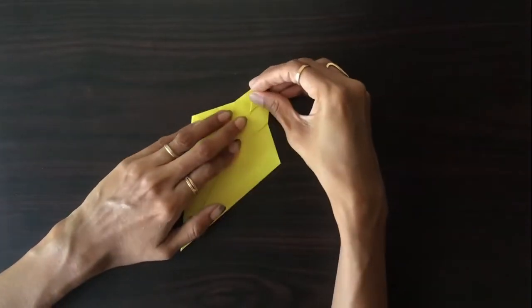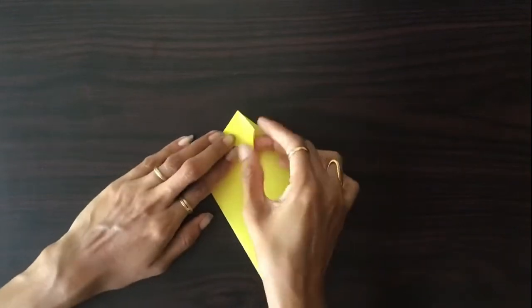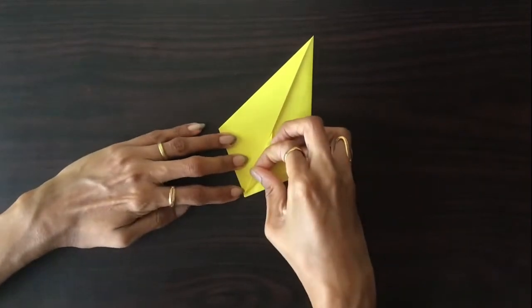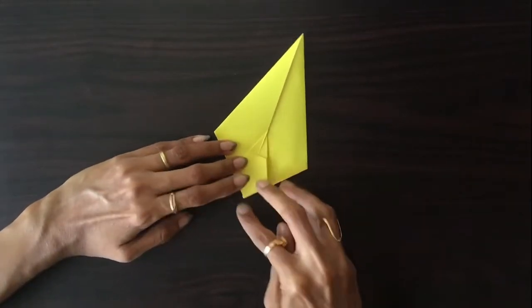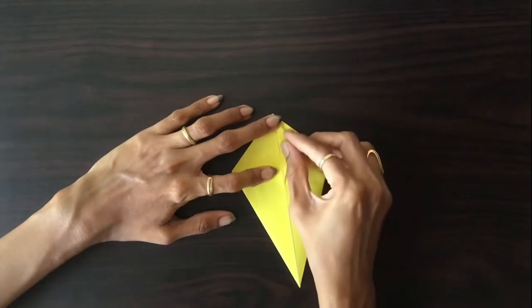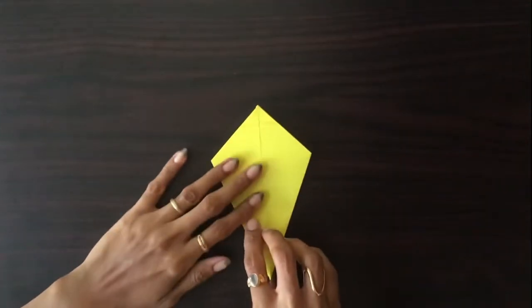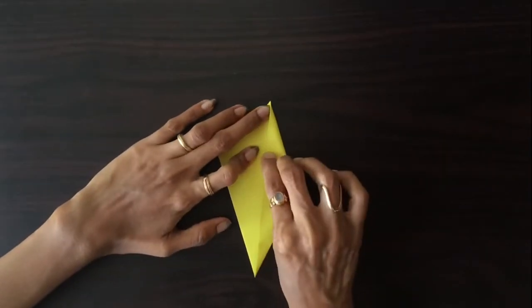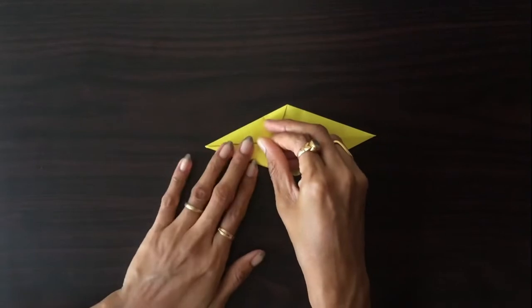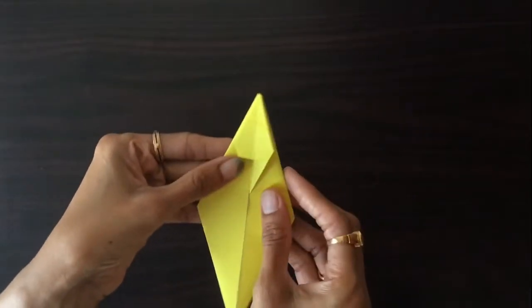Now bring this tip to the center point and fold the flap down. Now lift one flap and fold it as demonstrated. Turn the model and bring two sides to the center crease. Turn the model,